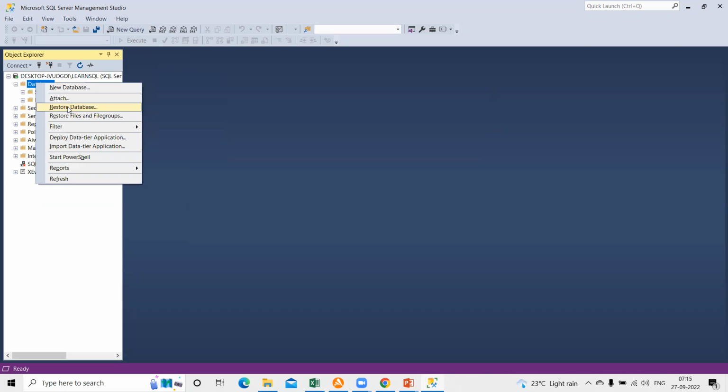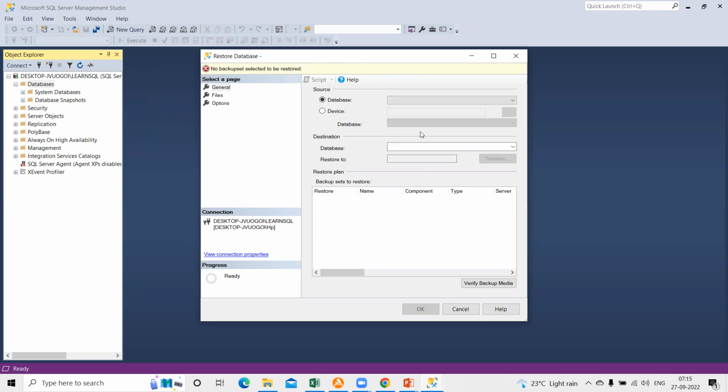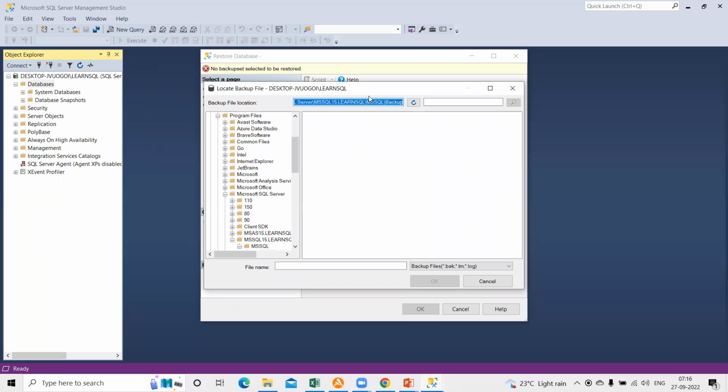I expand the database, I right click on the database and I say restore database. Okay, new database will create a blank copy of a database where you can go and add your own table and data. If you have a backup file, it's better to click on restore database. So I click on restore database. Now this screen will come up where we need to give the details about files. Now we have our database in a file format, .bak format. So I have to click on device, not the database here. Okay, so this is the device, and now you see the three dots here. I click on this button, and this is the default location of